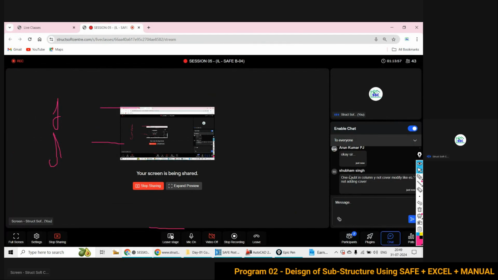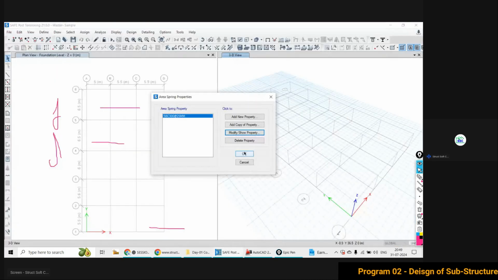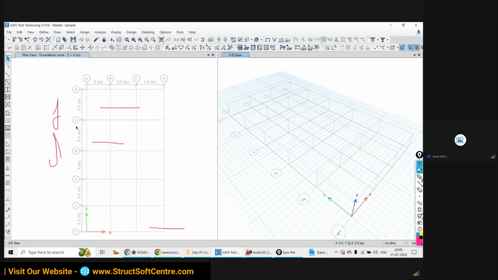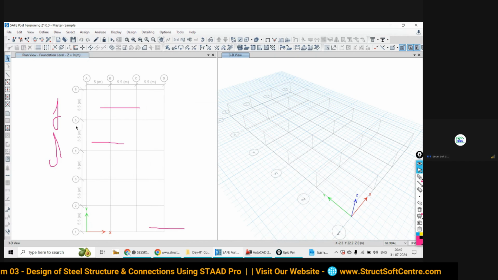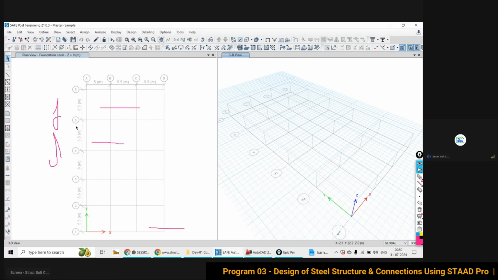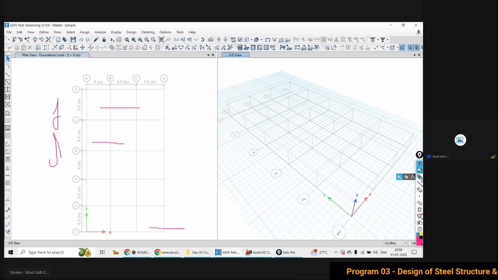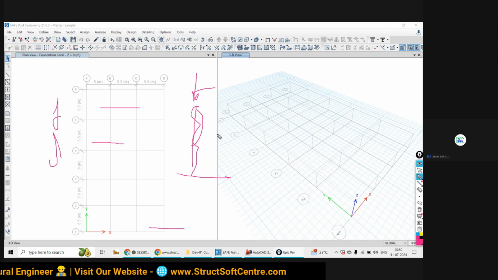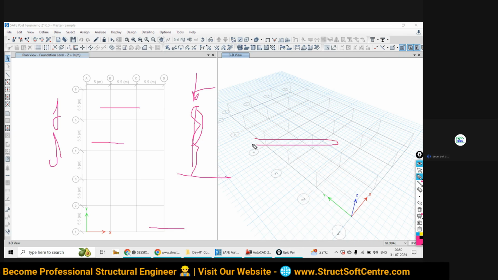As I told you, in the software we don't have an option to model the soil. सॉइल को मॉडल नहीं कर रहे. देखिए फाउंडेशन भी हम मॉडल करते हैं, कॉलम भी हम लोग मॉडल करते हैं. We are going to model the beam, slab, everything, but we are not going to model the soil. So for that reason we are idealizing it with a spring response. So spring में क्या होता है? In the case of the spring, when you apply the load, the spring is compressed. When you remove the load, the spring regains its original shape. Likewise the soil also experiences the same nature.